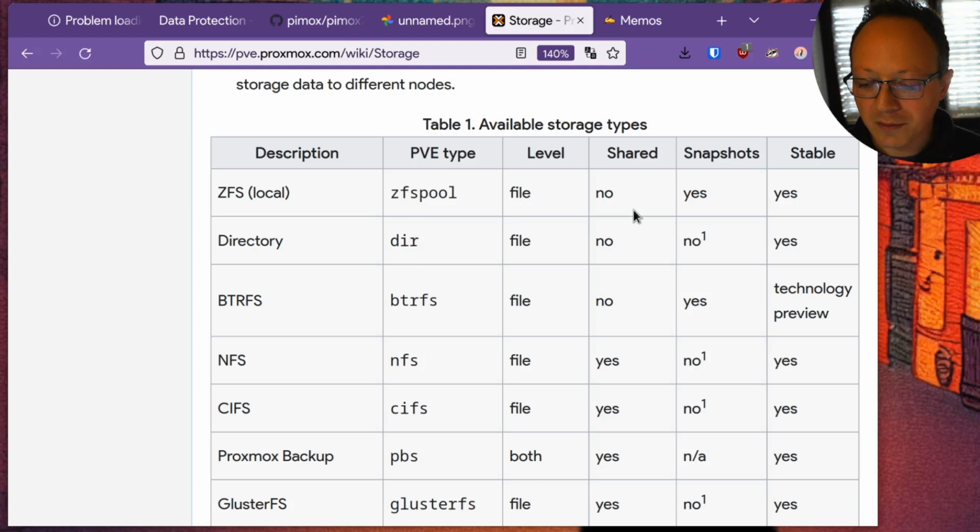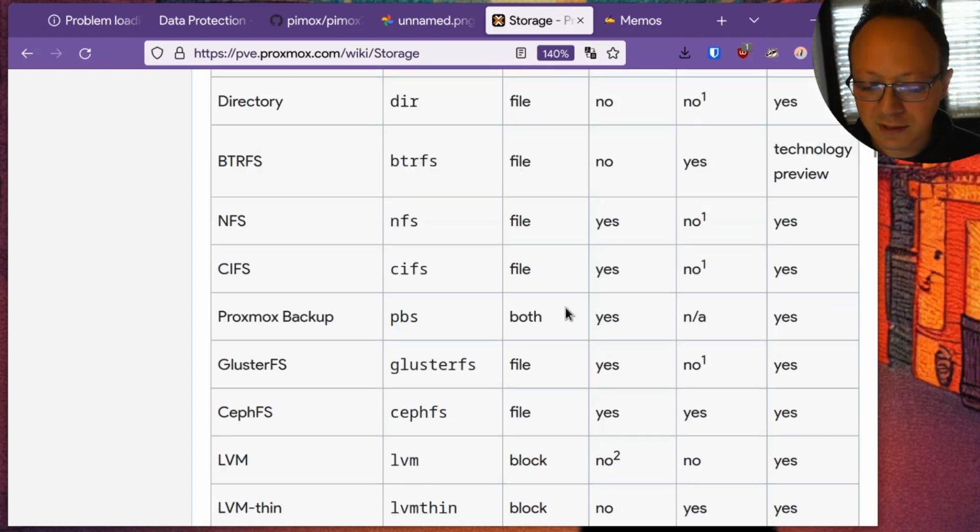So the best file system currently to use is ZFS. Even if it isn't Linux native, you need an external driver to implement it. But it implements snapshots and it is stable. BTRFS is another option, but it's in tech preview currently in Proxmox.